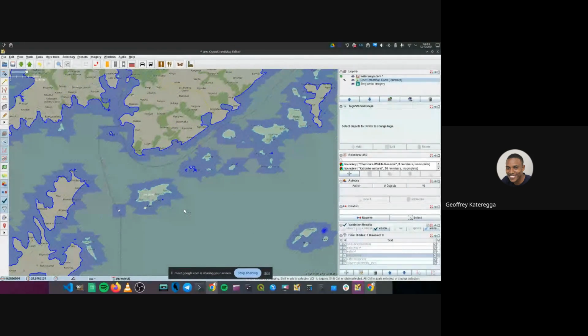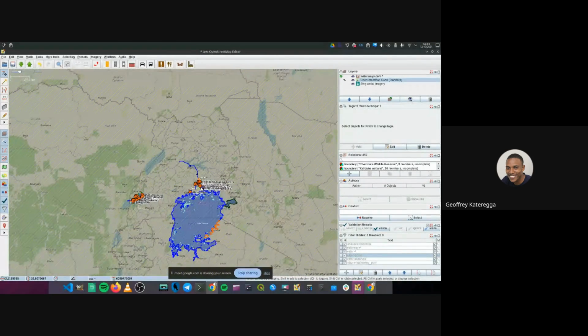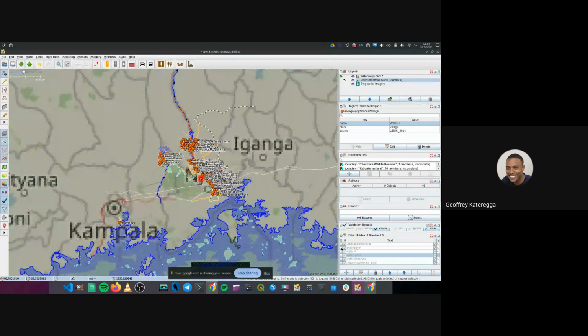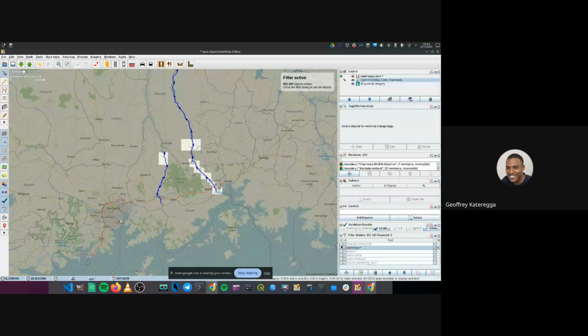So sometimes lakes are mapped as multi-polygons. For example, let me add some filters to make sure this is not loading lots of data. All right, so I'm just going to select Lake Victoria, and then you'll see how it is tagged.